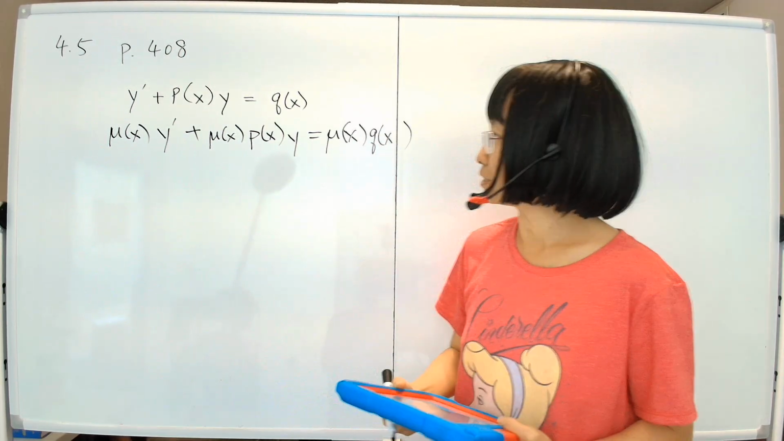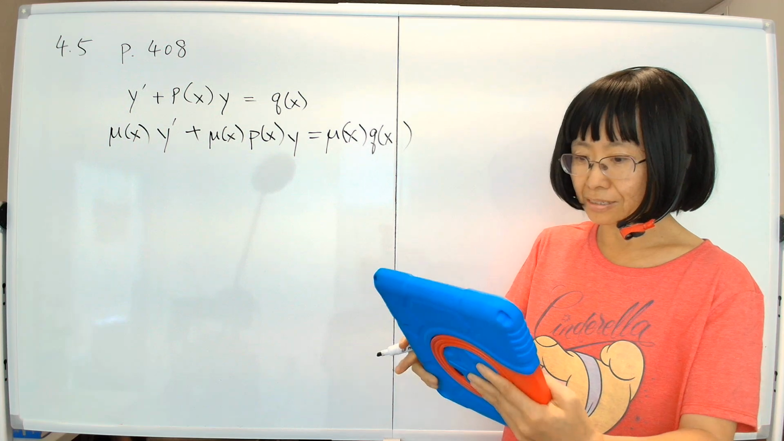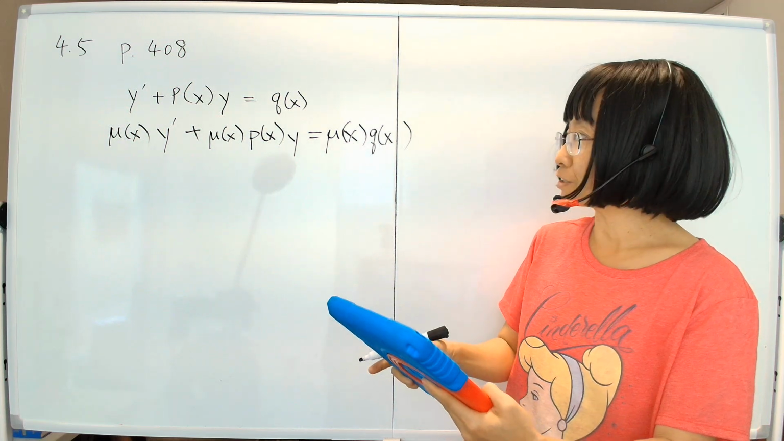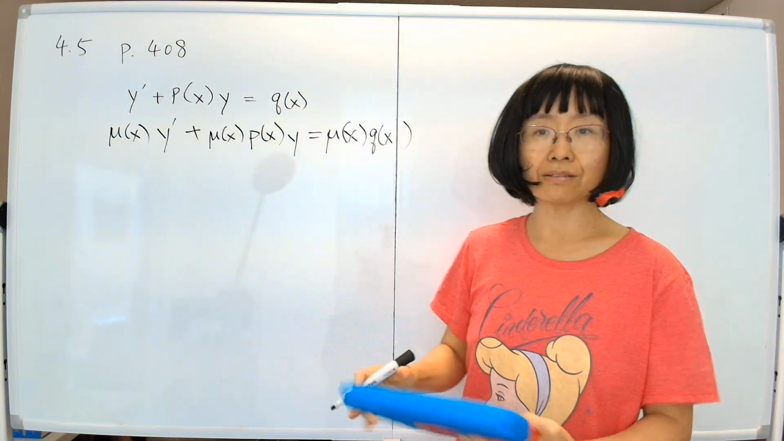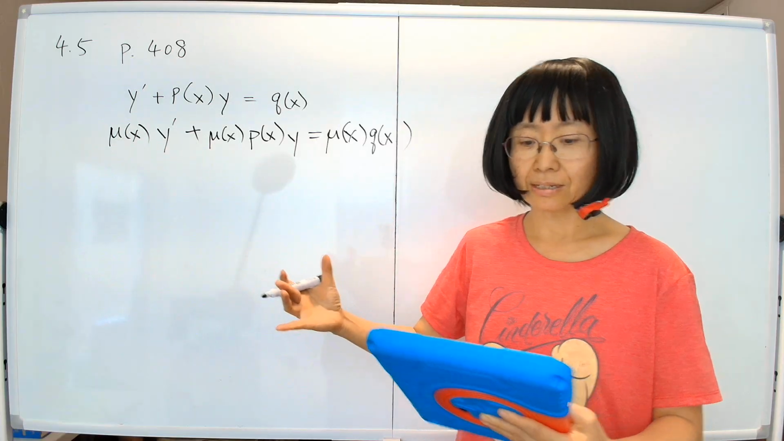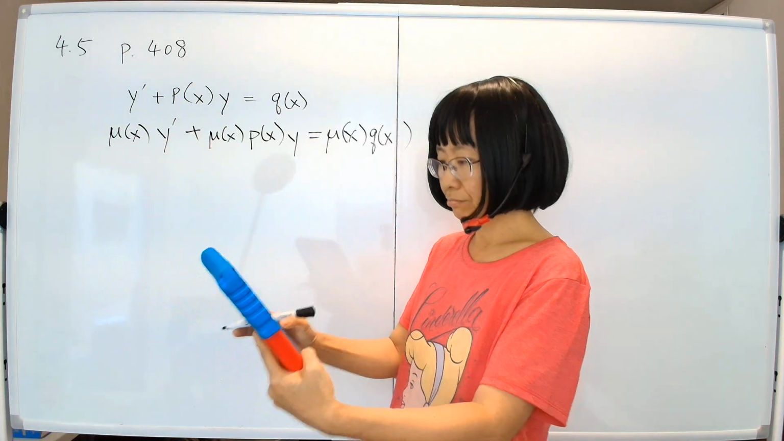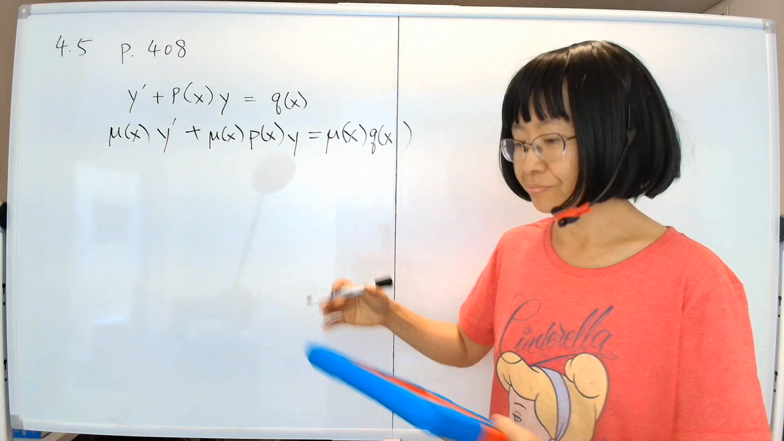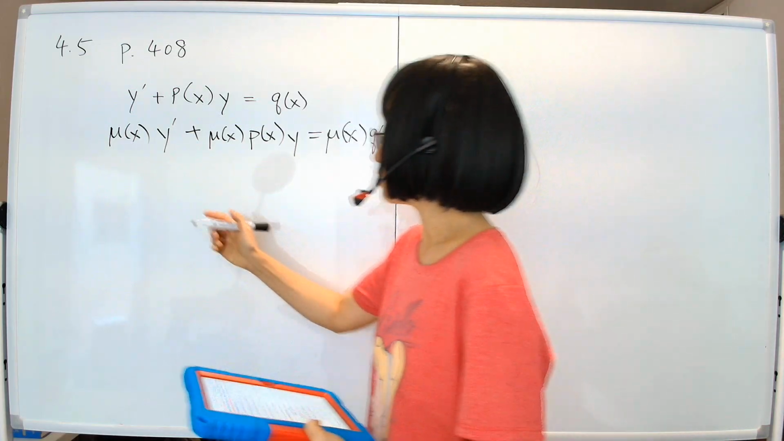All right, now so far so good. And why are we doing this? We're doing this because we're trying to imitate the function that is, let's see, the product rule. Okay, what does the product rule say? The product rule says